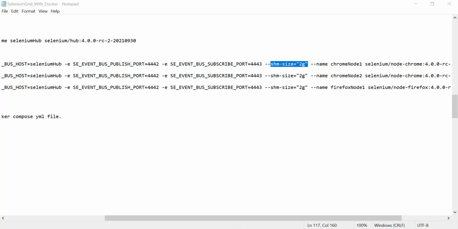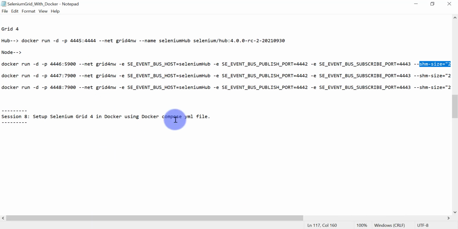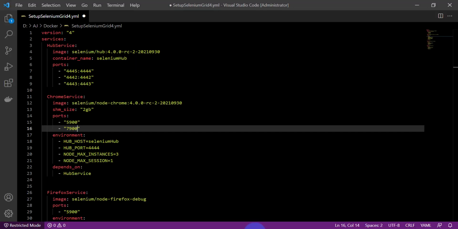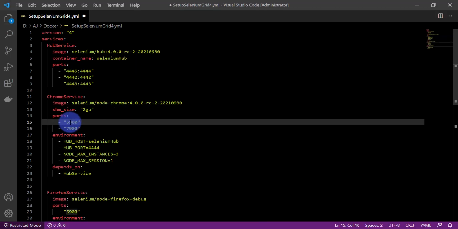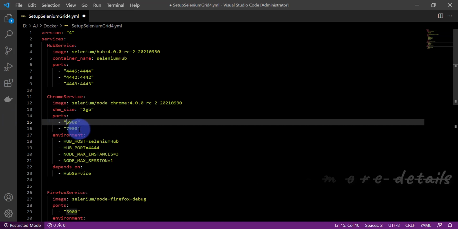Okay, in the previous session we published a specific port because we were creating just a single container. But using the docker compose YAML file we are going to scale these containers also. That means we can create multiple containers from the same image at the same time. So it is better not to give a specific port like this in the docker compose YAML file. Just give which port you want to publish from this docker container, and for the host machine docker will publish whatever port is available at that time. Okay, so we will use that port to access these two services, 5900 the VNC service, and 7900 the noVNC service. So let it be like this.